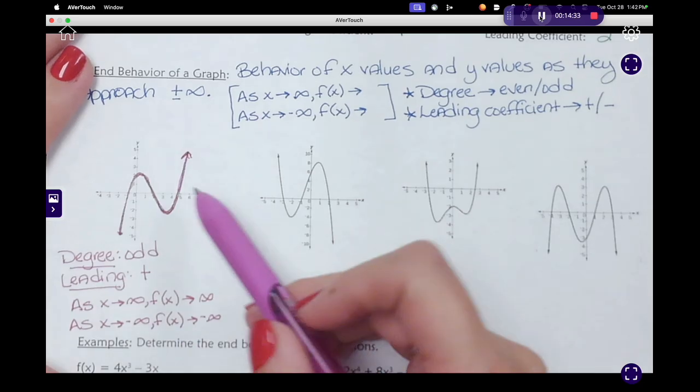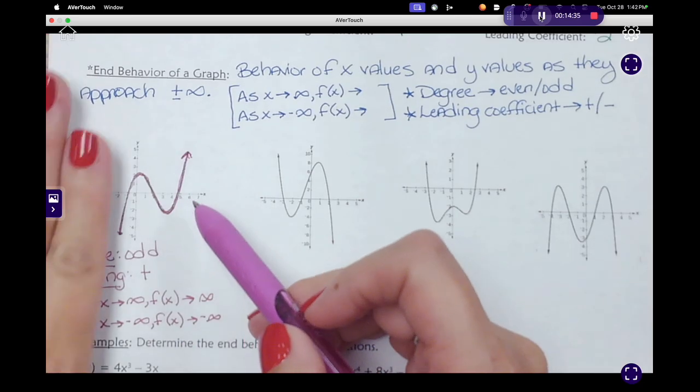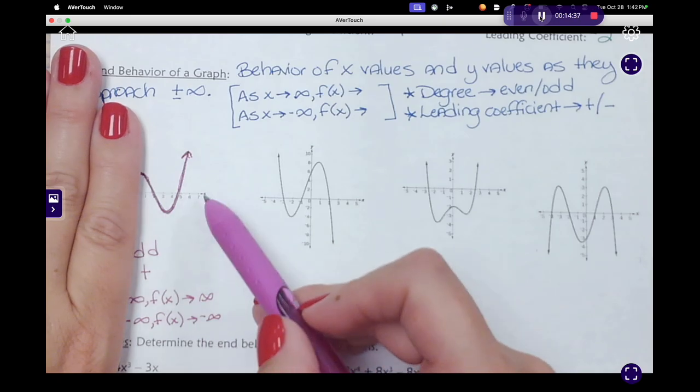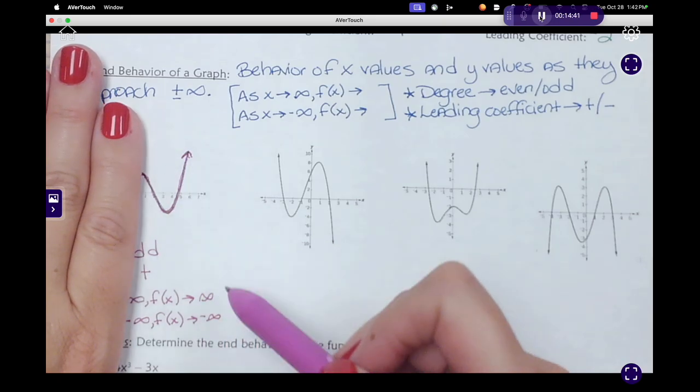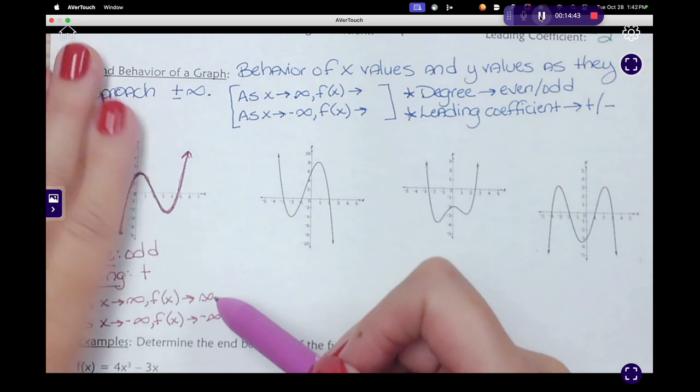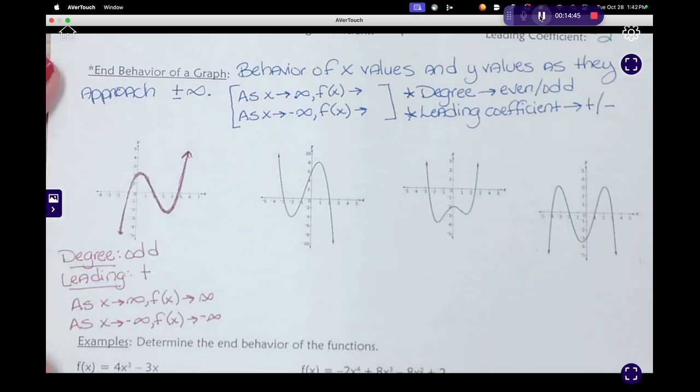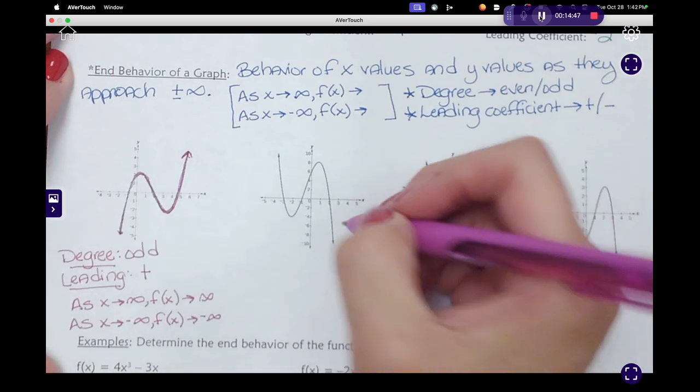So we're looking at the graph as your x is approaching a positive infinity, which means it's on this side of the graph. Your y values are increasing. They're going up. So that's a positive infinity that they're approaching. And then it's the opposite for that side. Okay? So now if I look at the next one,